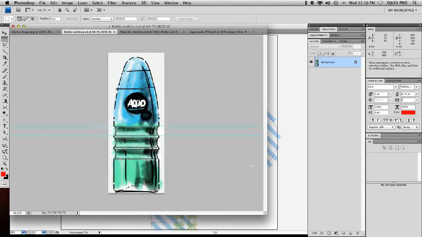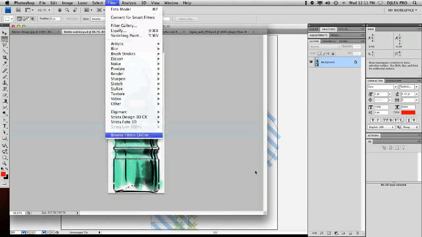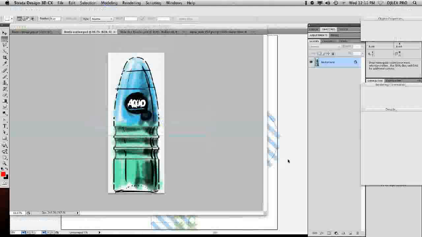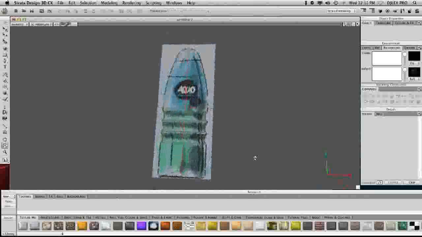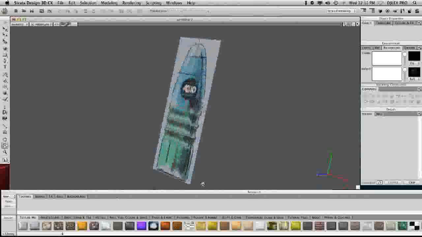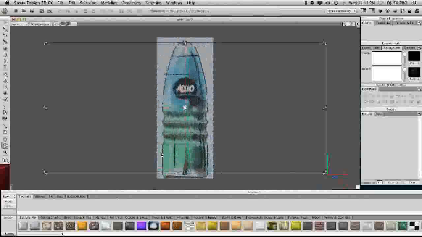And this is just an example of my quick sketch of what I'd like the bottle to look like. I can start out from Photoshop and this will take this image and create, let me back up because I know I'm moving too fast. We're going to take this image, go to Strata Design 3D plugin and say Model New, and it's going to now apply that to a 3D plane so that I can trace. So we're now in Design 3D. Let's go to a front view,